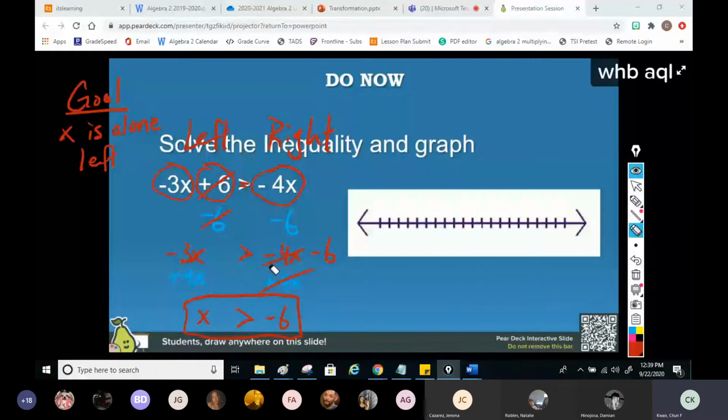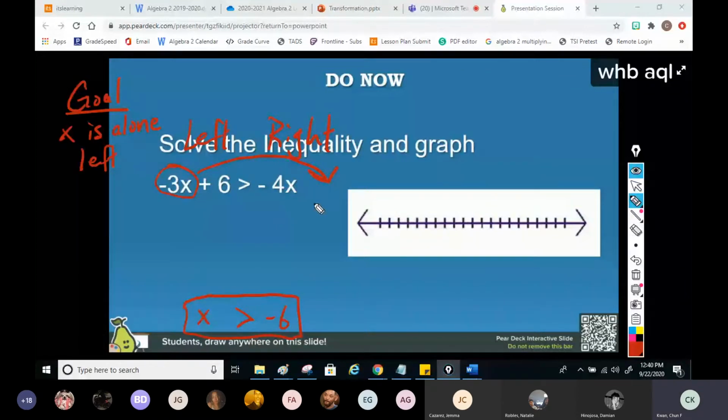Like I say, there are a lot of ways you can do it. I see some of you guys do it the other way. Instead of moving the 6 first, you are trying to mess with the negative 3x. We would have got the same answer if you added 3x, yes, you will get the same answer. You're correct, Hammer. If you move this to the right side first, you can totally get the same answer,